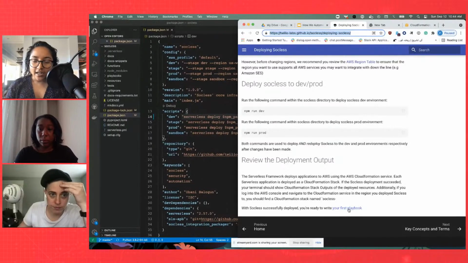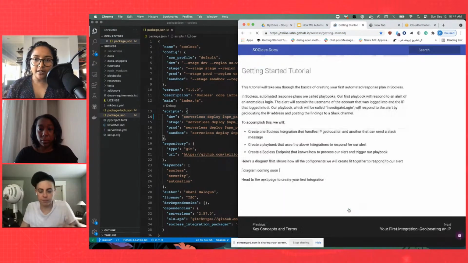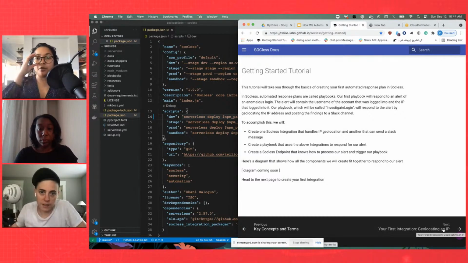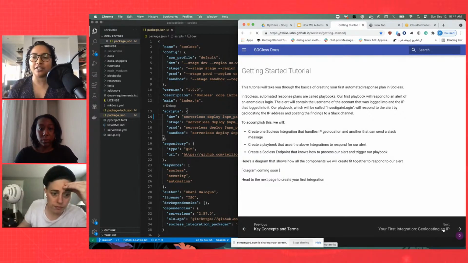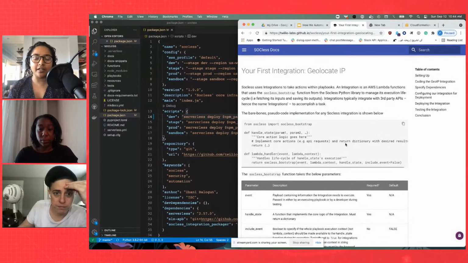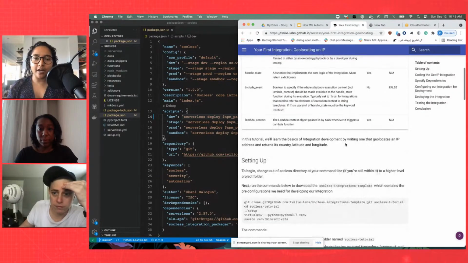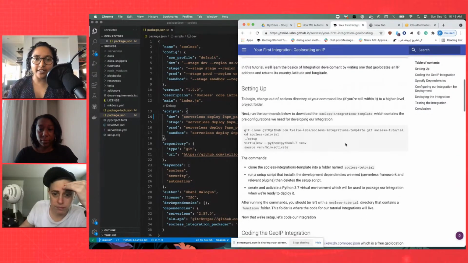Let's write our first playbook. Before we write a playbook, we have to actually write the Lambda function, like we mentioned earlier. So how do you write the Lambda function? The way you do it is